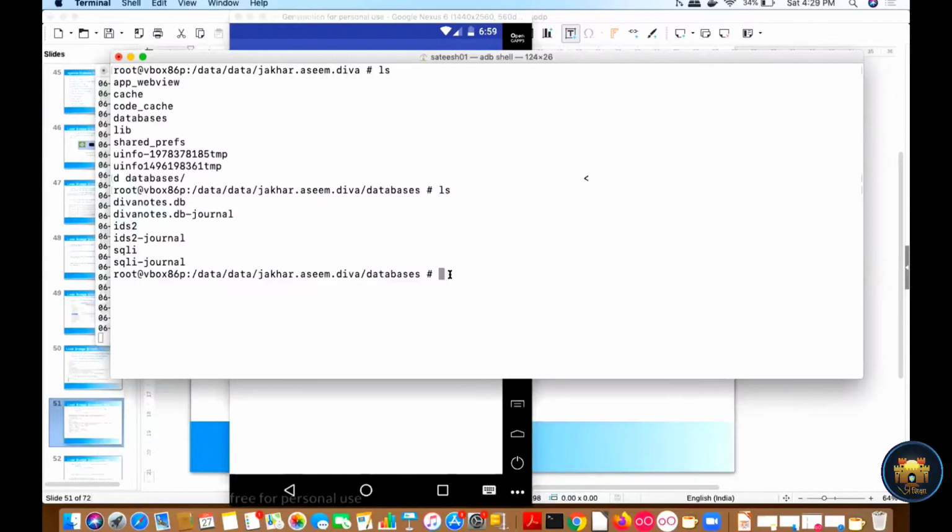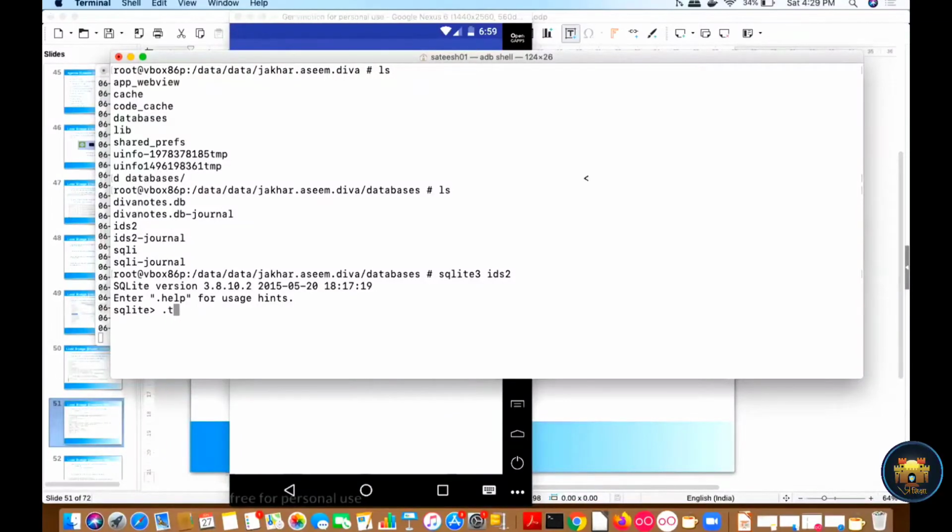So I will use the sqlite command and navigate to this particular database, IDS2. Right, now you can see I'm in the SQLite database. If you type help, you will get all the commands present in the SQLite database.